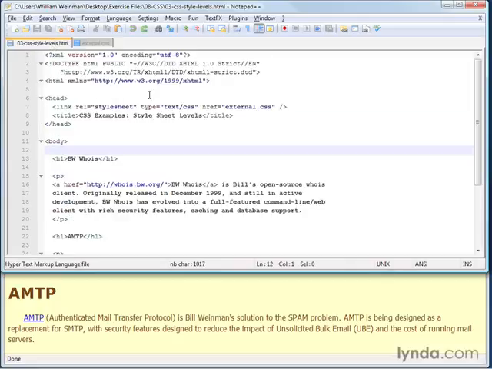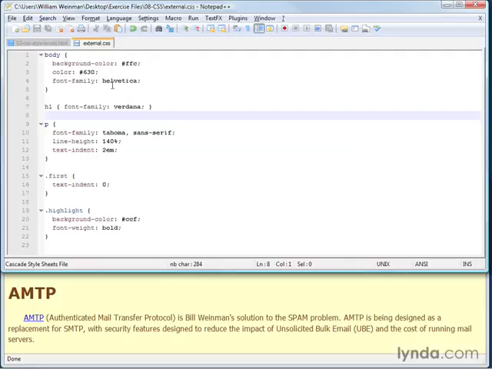You'll see we're using an external style sheet that's called in right here, and there's the style sheet there. This is the same style sheet that we're using throughout this chapter. And so you see it is possible and common to use an external style sheet for multiple documents. And it makes it very easy to keep track of the styles and the formatting across different documents.